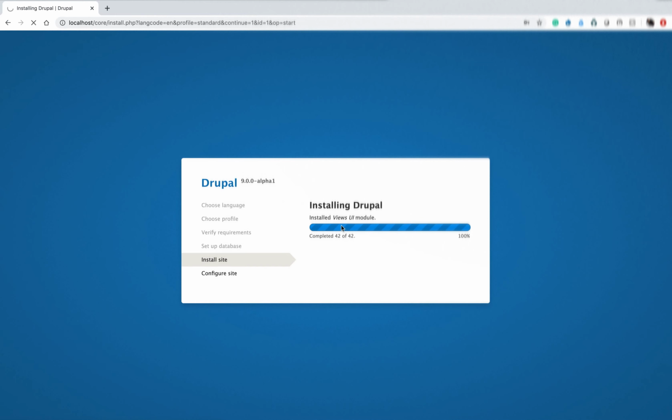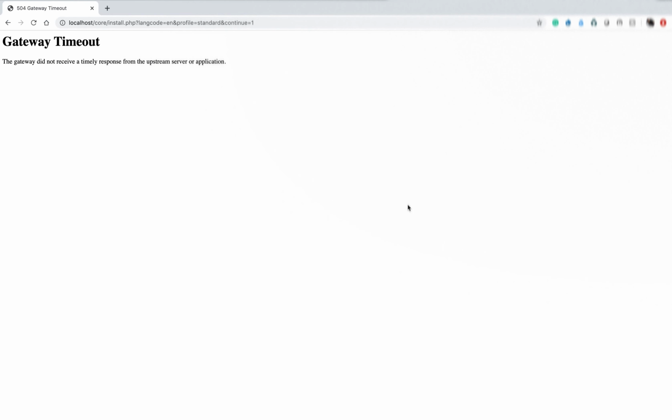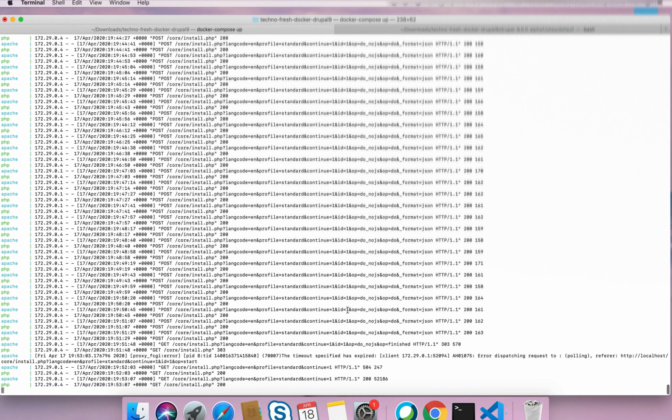The Views UI module is being installed. It's a big module, so it will take time. I think something went wrong.